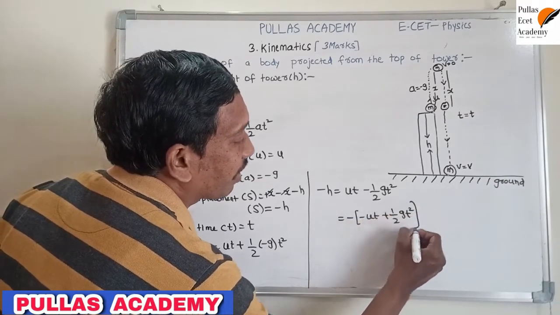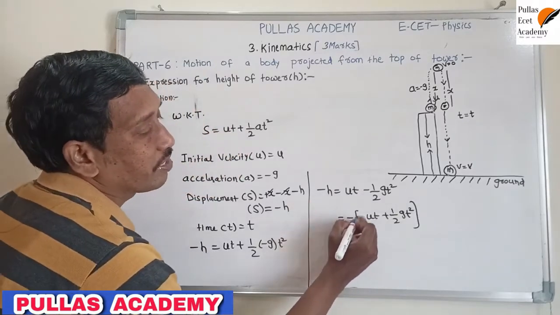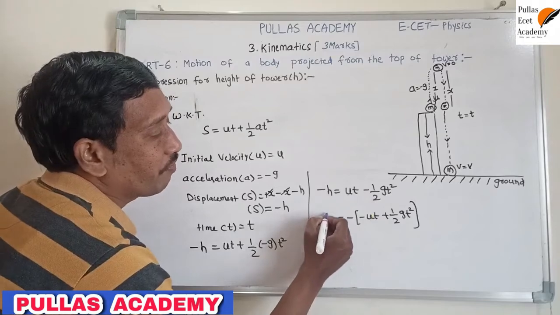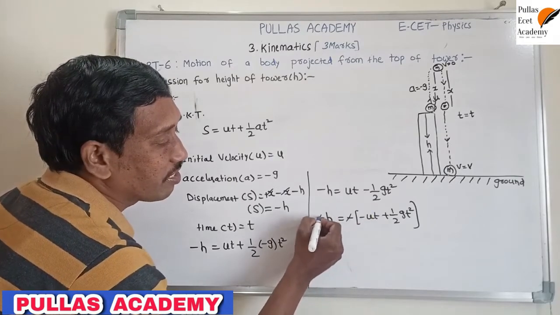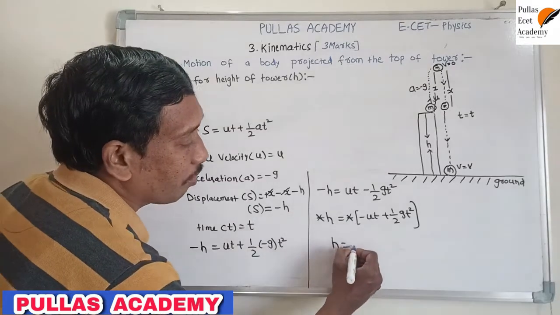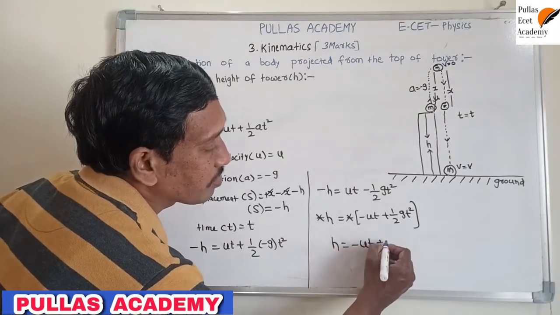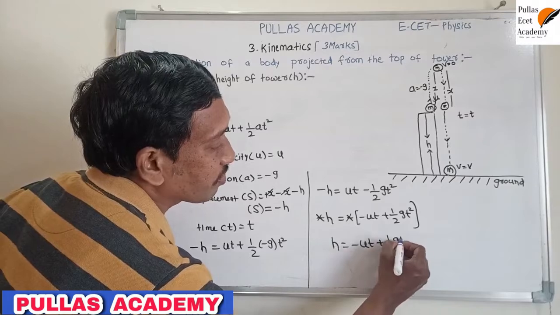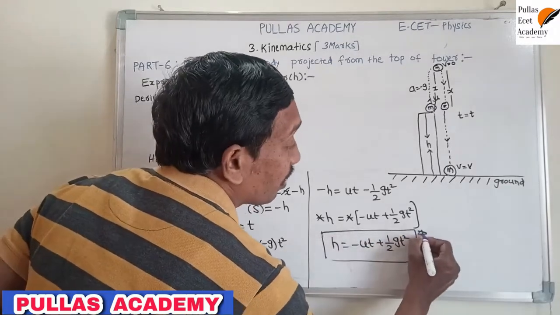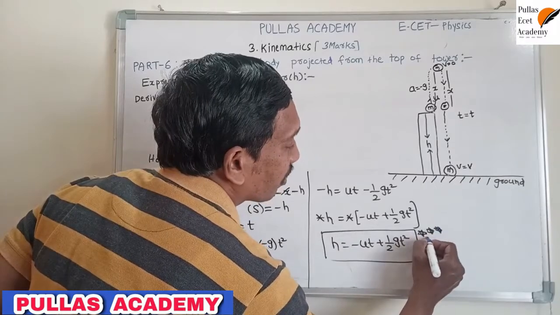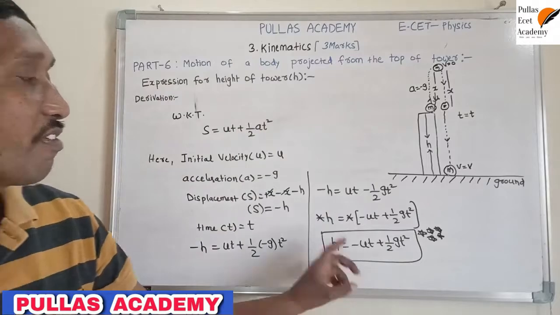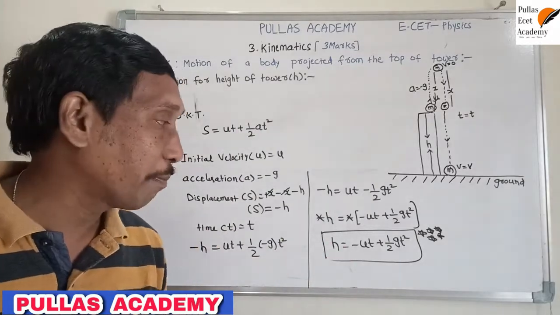If you take the negative sign common, you get minus into minus plus, minus into plus minus. That's why it is similar. So if you take the negative sign, then this negative sign cancels. What is remaining? h is equal to minus ut plus half gt square. This is the most important expression in this video. This is the most important equation, that is h is equal to minus ut plus